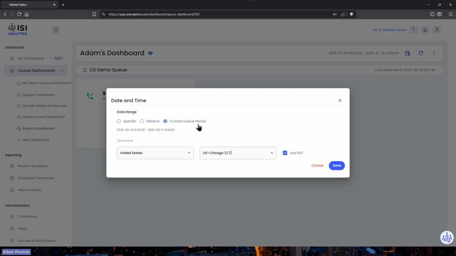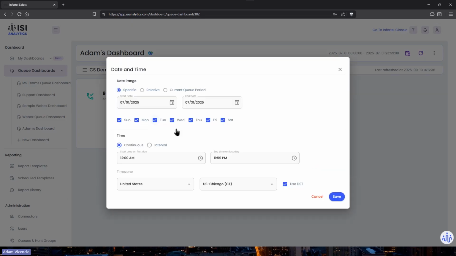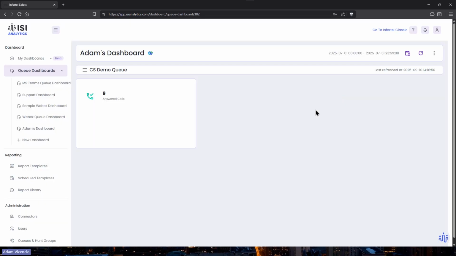So if that's not what you're looking for, if you want to expand those hours, you just get a manager to change those or whatever. But for now, I'm going to use my specific date range, which then applies it. This will reload the information if anything's new, though it does refresh itself about every minute, so you don't have to continually push refresh to get new information. It does refresh on its own.